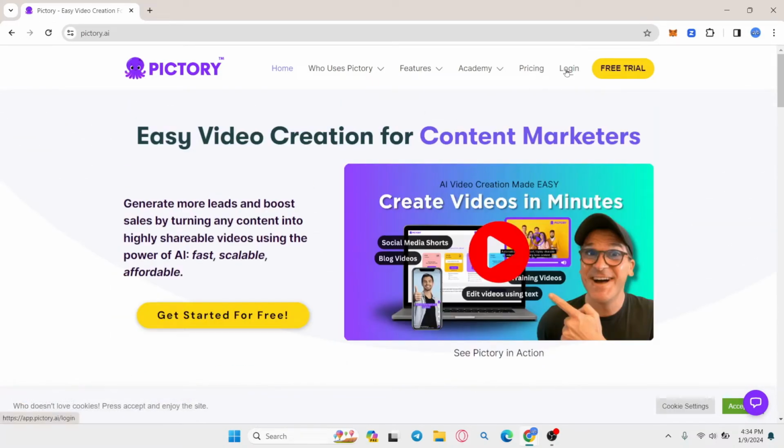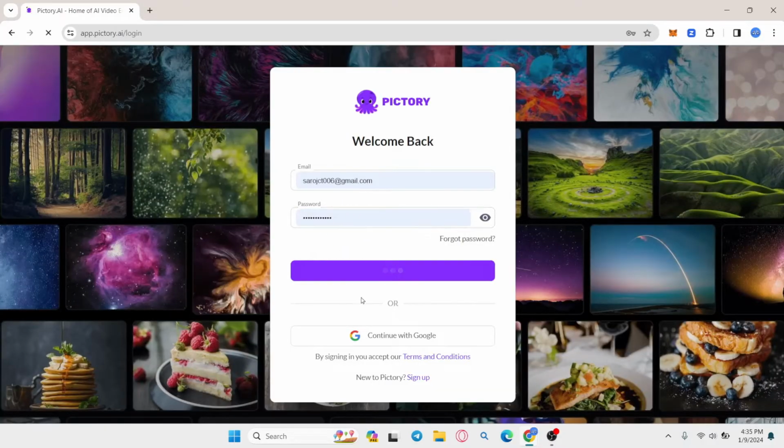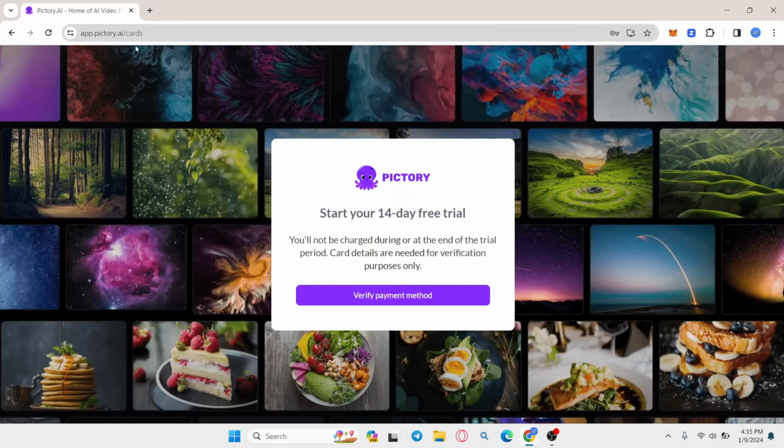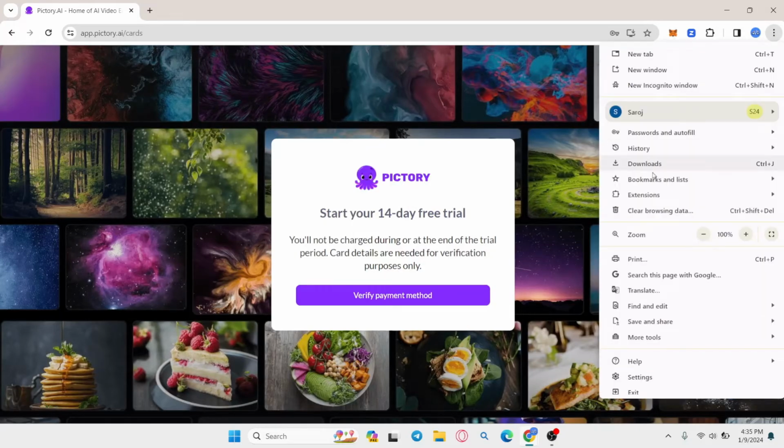So click on the login button at the top right corner first to proceed with logging into your account using your credentials. After logging in, you will be taken into the official Pictory AI dashboard. Now, if you haven't already added your payment method, you can verify your payment method, and after doing so, once you're in the home page, click on the three dots at the top right corner of your web browser